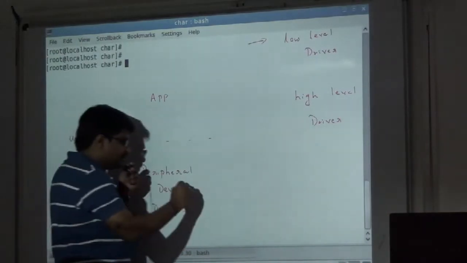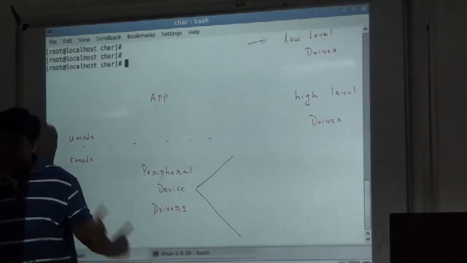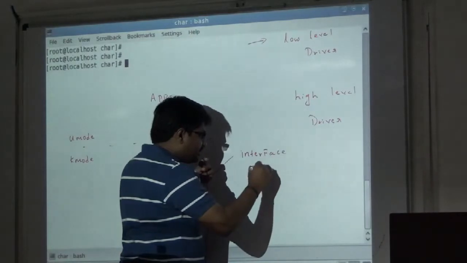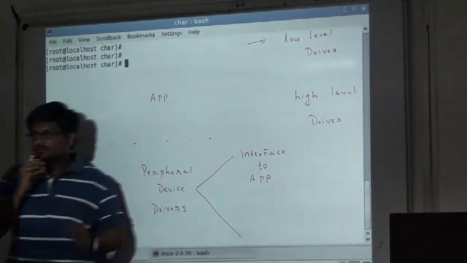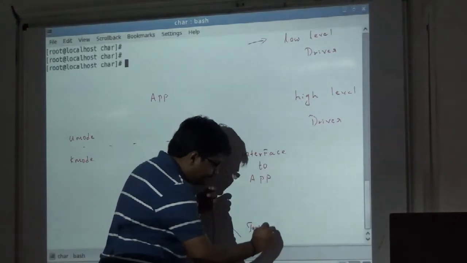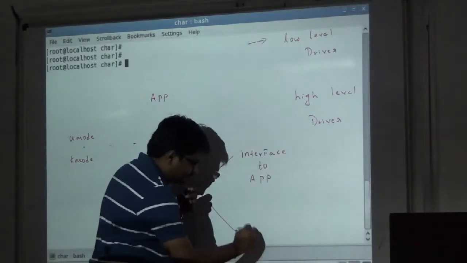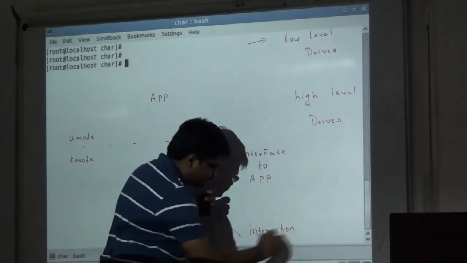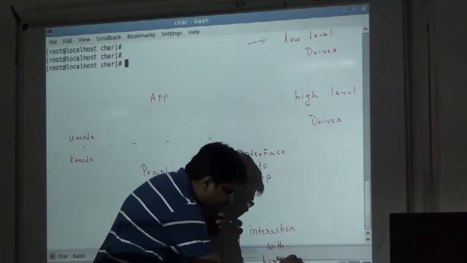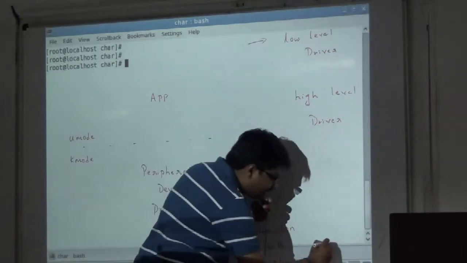So now, writing this driver is two parts. Two different logics, if you combine, this driver is done. The first logic is the interface to an application. You need to provide an interface to the app. And then you need to provide the interaction with hardware. I'm being more general here. These two are the jobs you need to do. This we do by communicating with